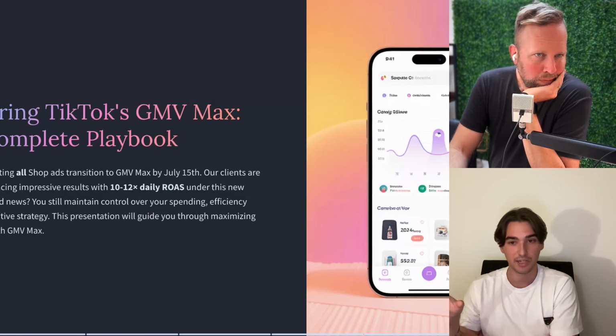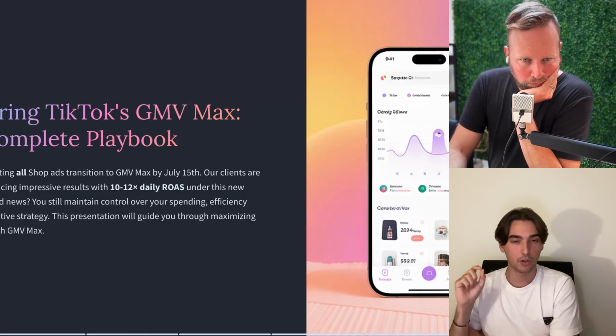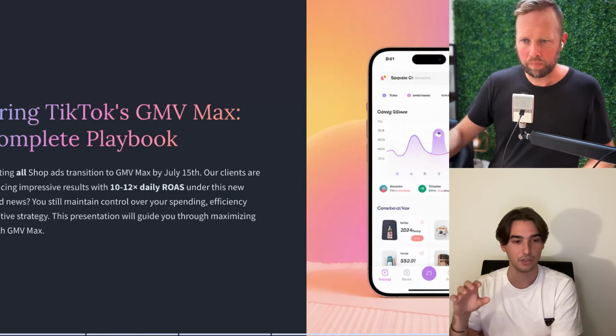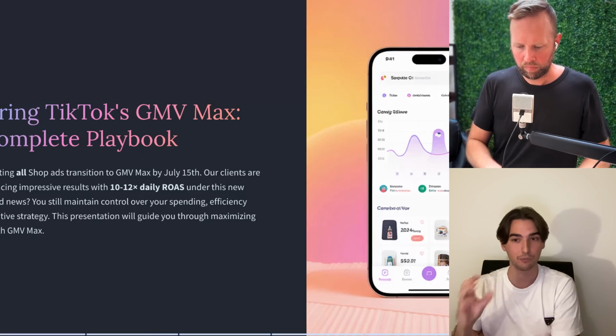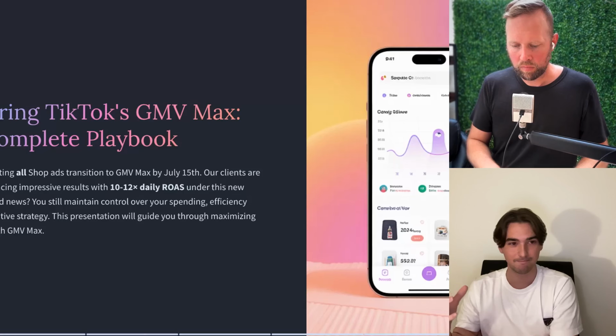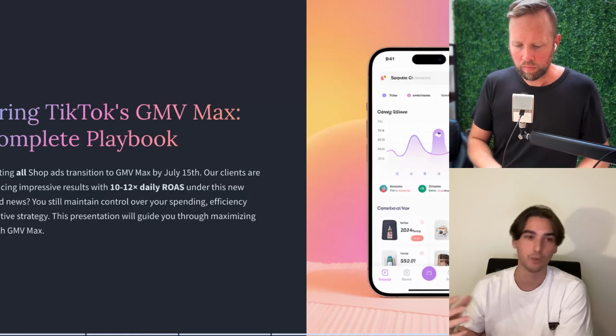I don't want to exclude any ad. Again, usually it's pretty efficient. There are only a few times where you want to exclude an ad, or let's just say turn it off. And that's usually when there's something wrong with the content. Either the creator is saying something that is not in line with the brand,